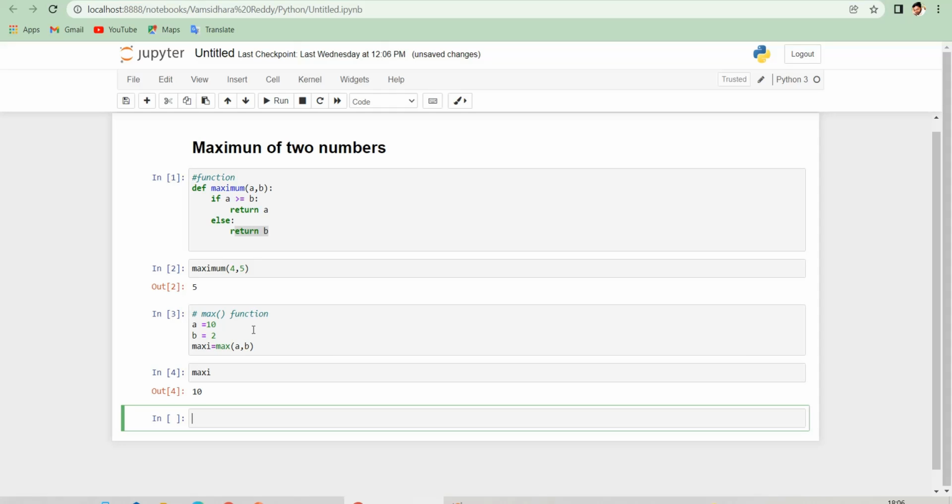Now we want to see the output of the max function. The output is 10, which is the maximum between a and b, where a is equal to 10 and b is equal to 2. The maximum is 10. So like that we can get the maximum value of two numbers. So this is overall